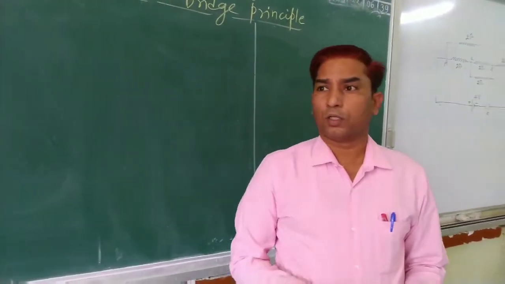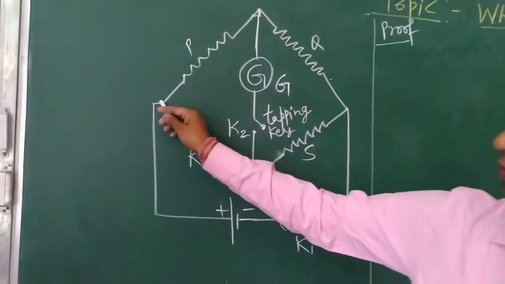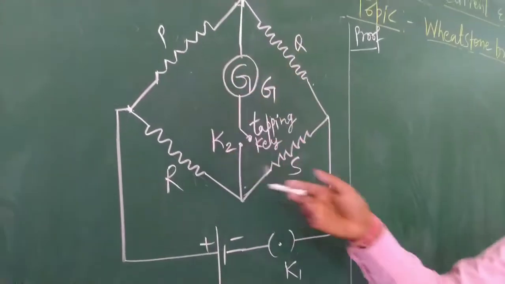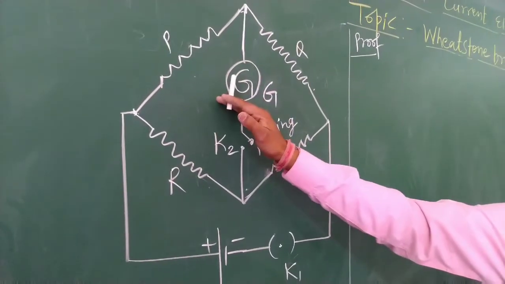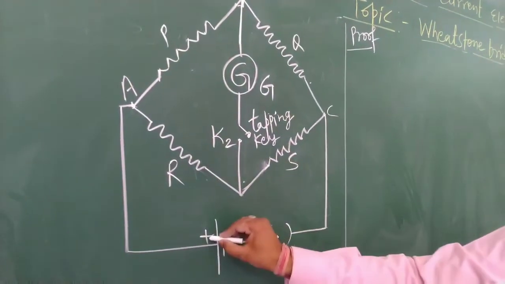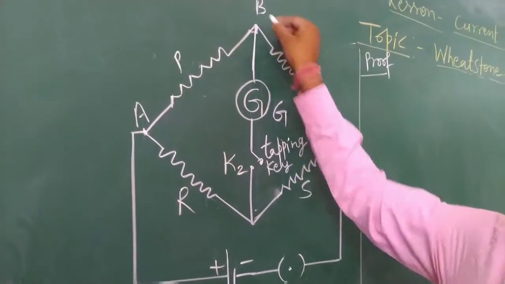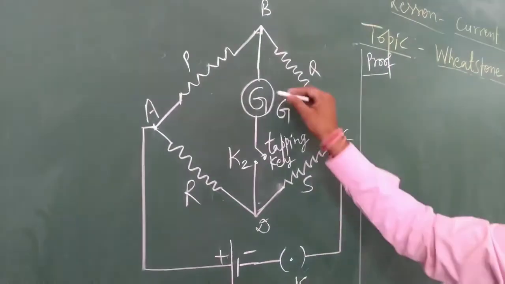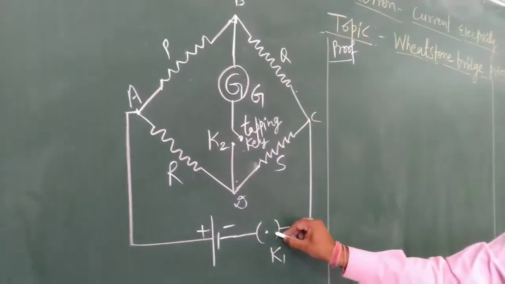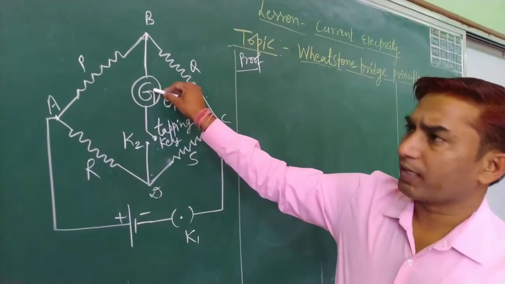In the Wheatstone bridge principle, four resistances P, Q, R and S are connected in the form of a bridge as shown in the figure. Between points A and C, a cell and a one-way key is connected. Between points B and D, a galvanometer and a tapping key is connected. If we close key K1 first and K2 later on, and in this case